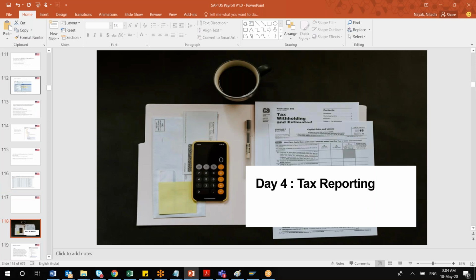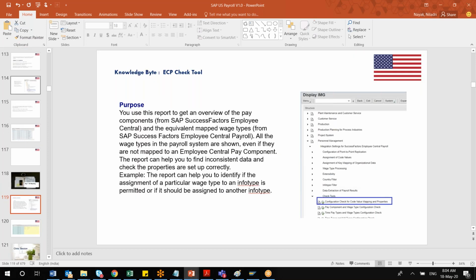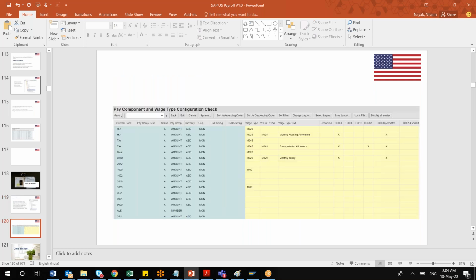Before that, as part of Knowledge Byte, yesterday you asked one question regarding the configuration check for the pay component and wage type configuration check. That is step number 7, and somehow this got missed during our ECP session.